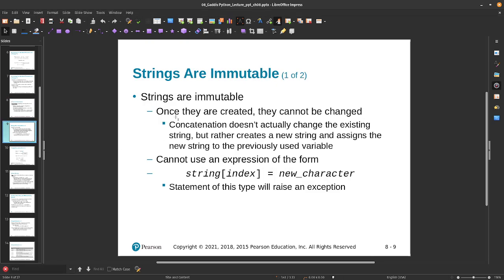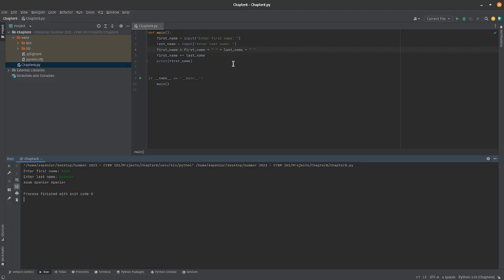Again, strings are immutable, so once they're created, they can't be changed. So let's try to change a character in this input. I have first name, I have last name. Let's call it full name equals first name plus last name. Now we have the full name. Let's print full name here. And let's try to change the 0th element, because we know all indexing starts at 0. It's very easy to access that. So let's try to do full name 0 equals